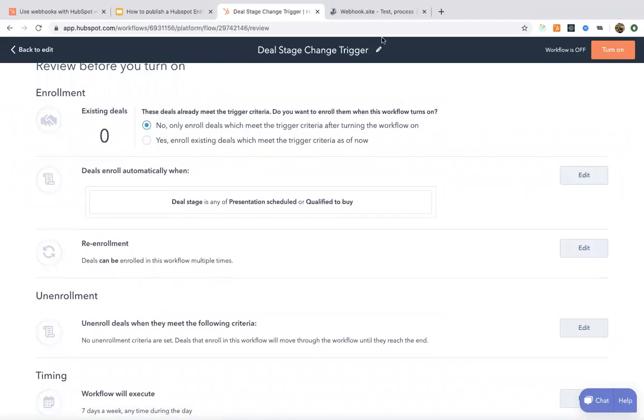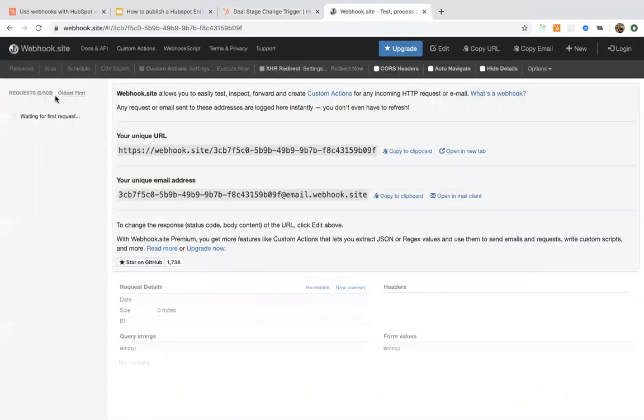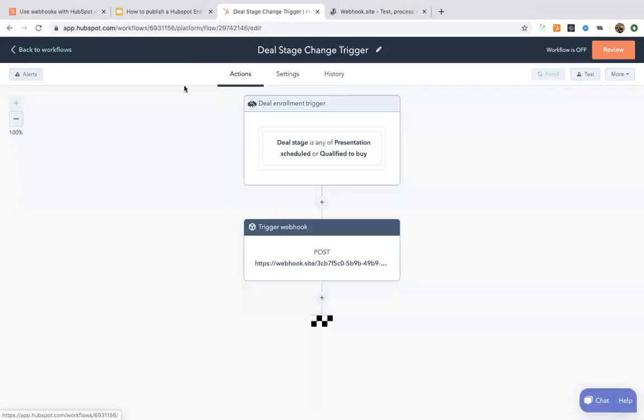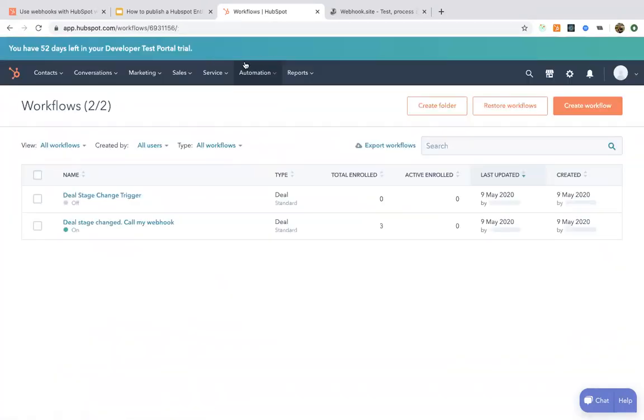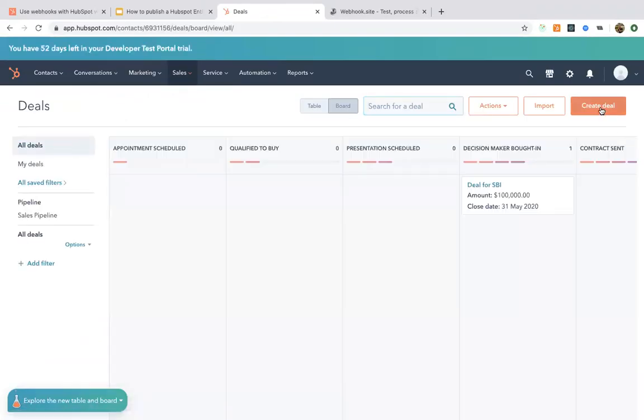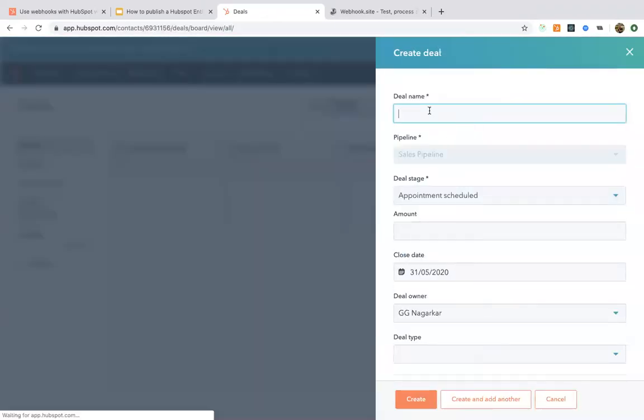Now I'll go and check the webhook. You see that there is no request received here. I'll quickly go and create a deal. Let's give a name to this deal.